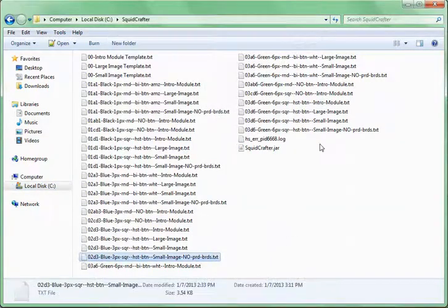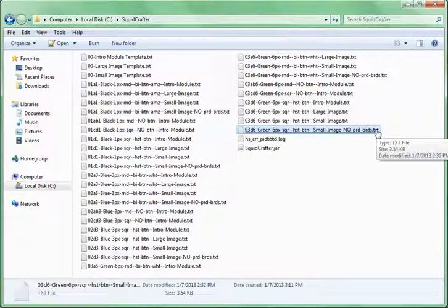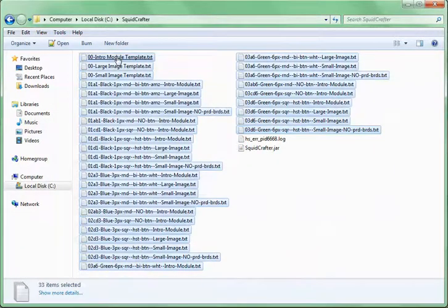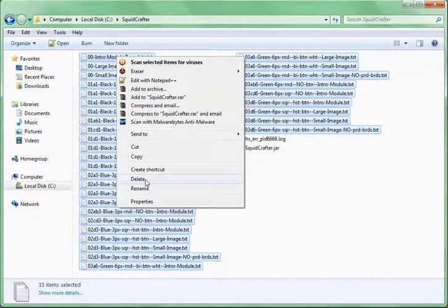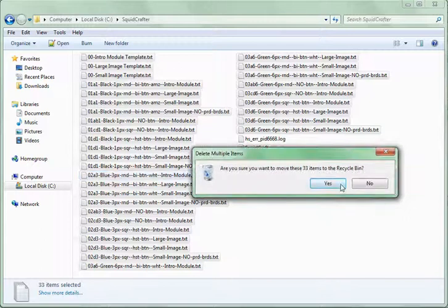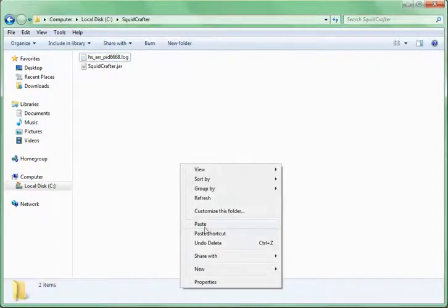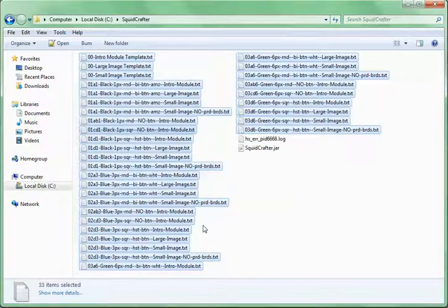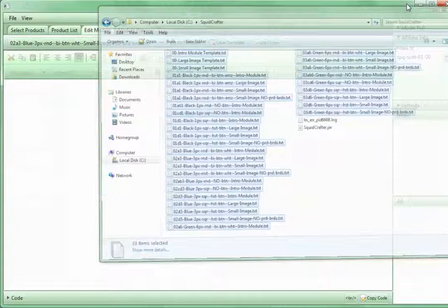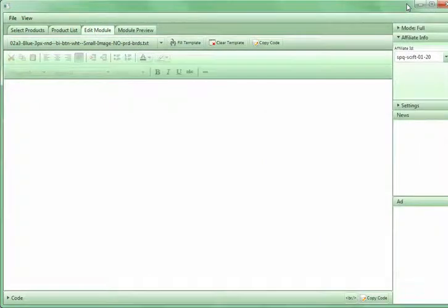And then it's best actually to take all of these and delete them before you paste your new ones in, so you don't have conflicts, although you can overwrite, and then right click and say paste. And there are all my new files in SquidCrafter. Now once you've done that, if you have SquidCrafter open, you need to close it and reopen it. I've already done that, so I'm not going to do it again, and I'm going to go ahead and show you